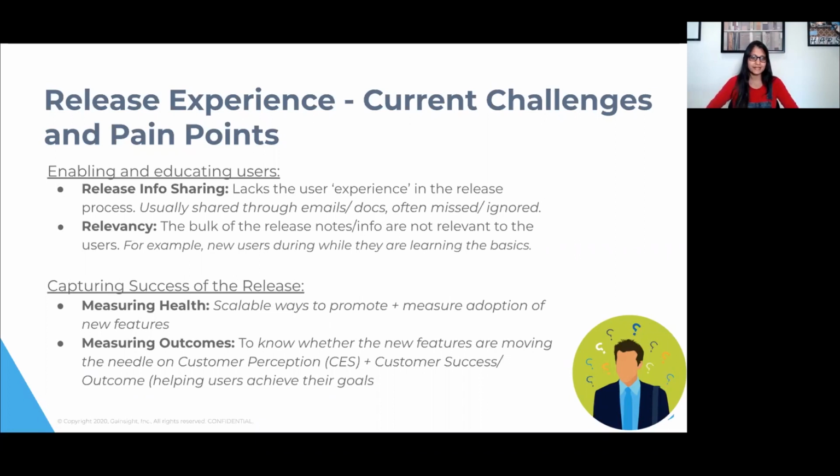Then the second challenge is relevancy. If you've noticed, the bulk of the release notes or information are mostly not relevant to all the users, right? For example, new users, while they are learning the basics, your release notes may not be super relevant to them. So how can we make it more relevant? And how can we make sure that our specifics around release experiences and announcements reach the right end users at the right time? The second bucket in the challenge and the pain point is really, again, capturing the success of